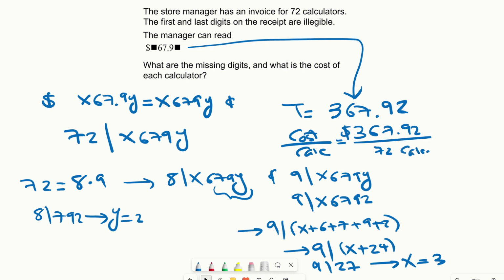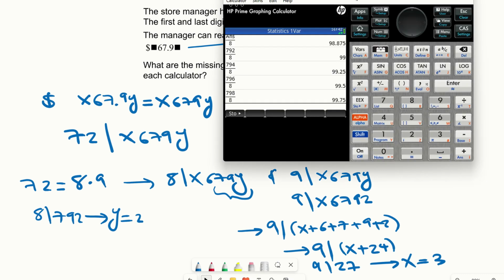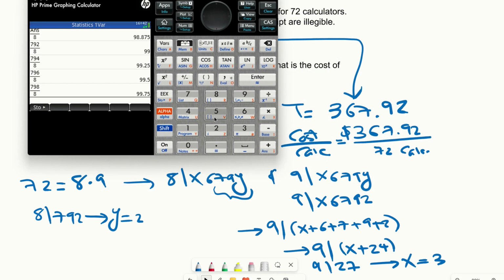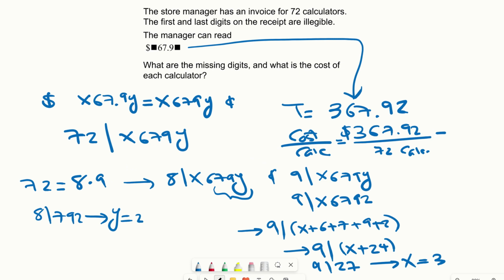So we're going to get the unit cost by just handling that division. So 367.92 divided by 72. So we get $5.11